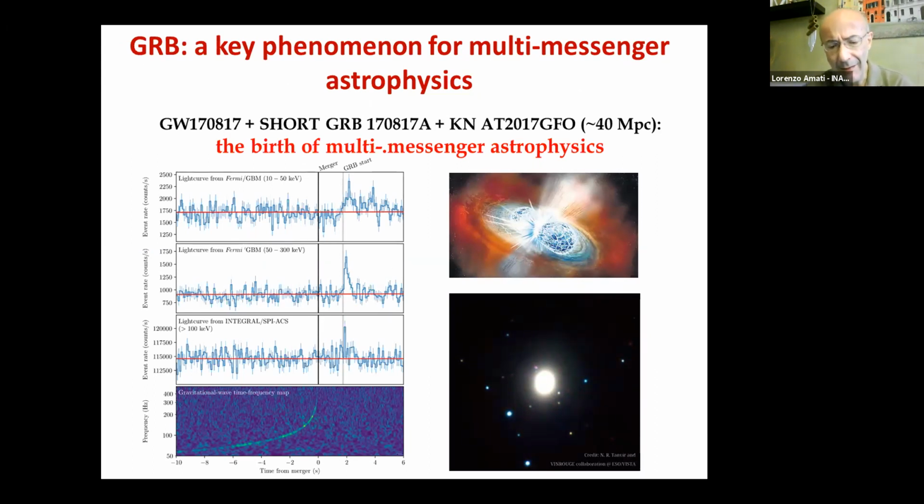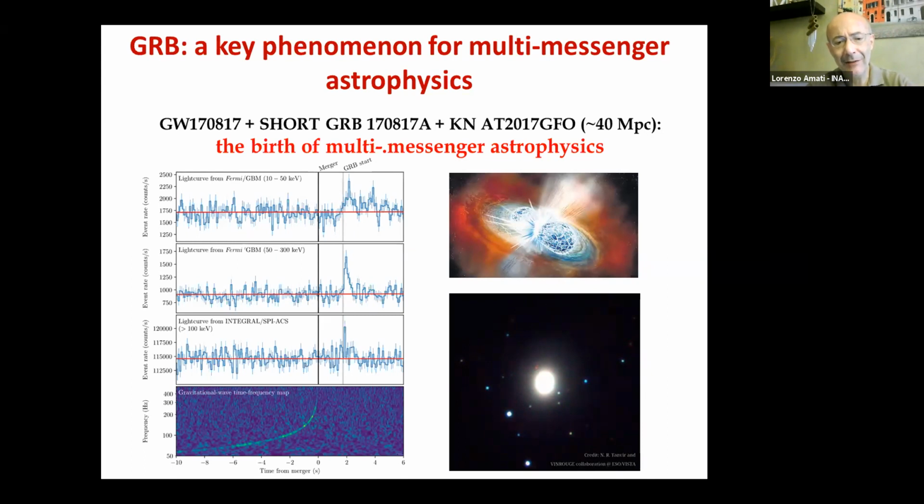There were several pieces of evidence, for instance, the location. The long gamma ray bursts are usually located in high star forming rate galaxies, in high star forming regions, where you expect these very massive stars to be located. Instead, you expect that these neutron star black hole systems are very old, in the outskirts of the galaxies, and not directly connected to any particular galaxy. And this is what is actually found.